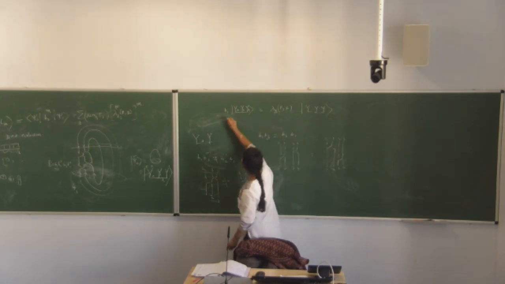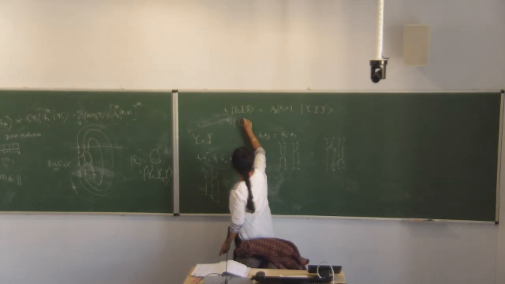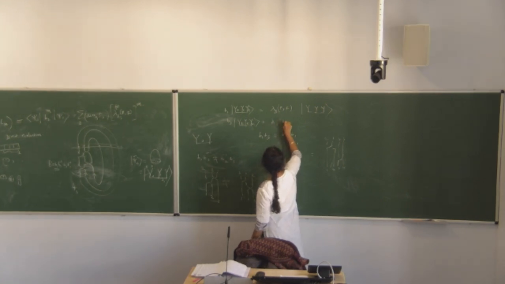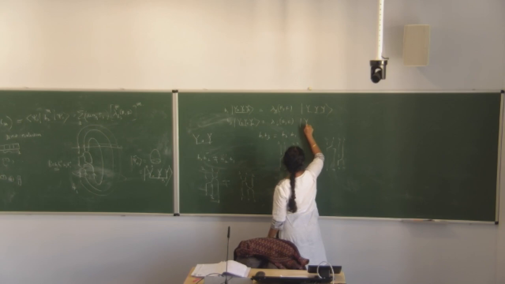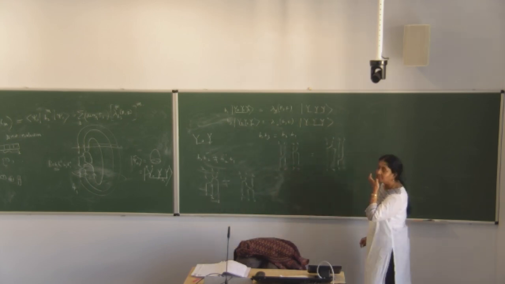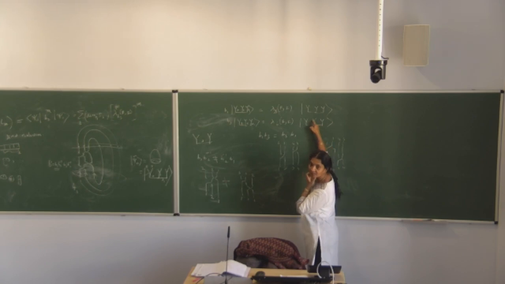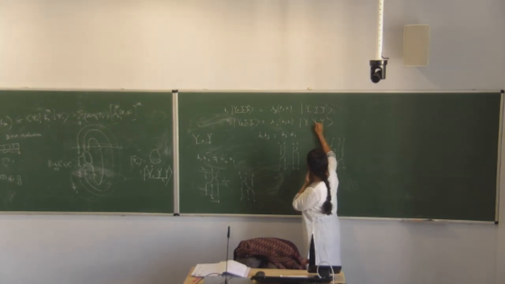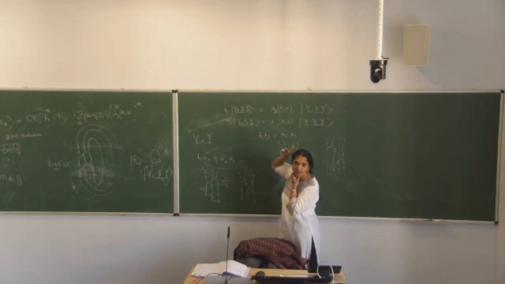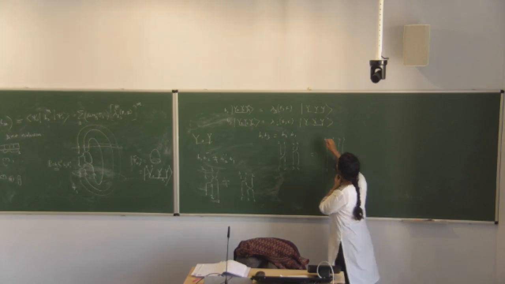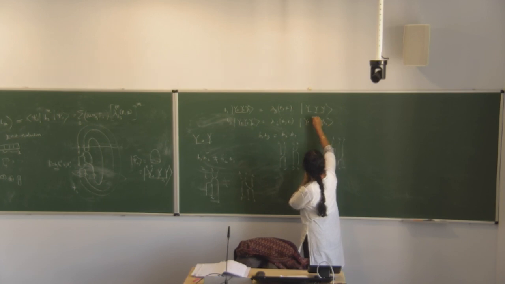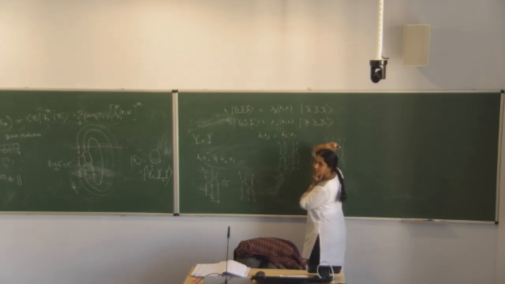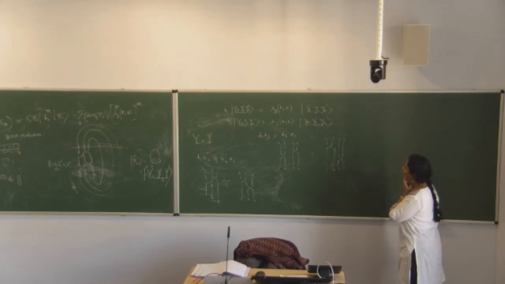But if I do B3, fine. Because B3 will see the twisting between these two, and that twisting information is in this T. Okay. Fine. So if I want to do B1, B2,